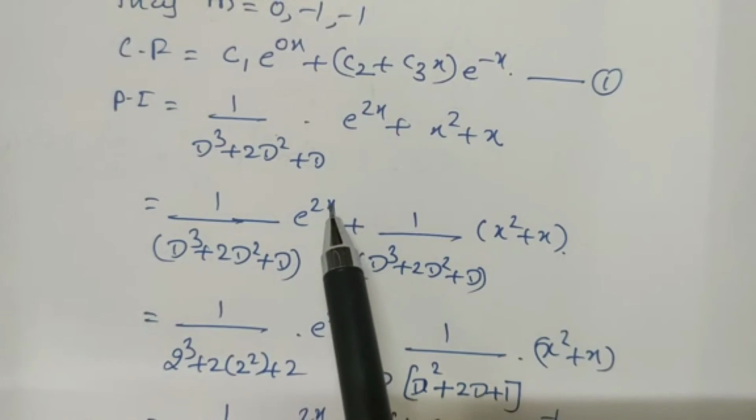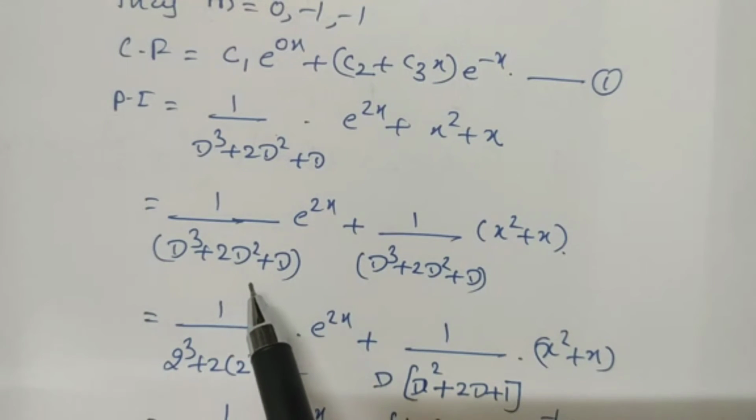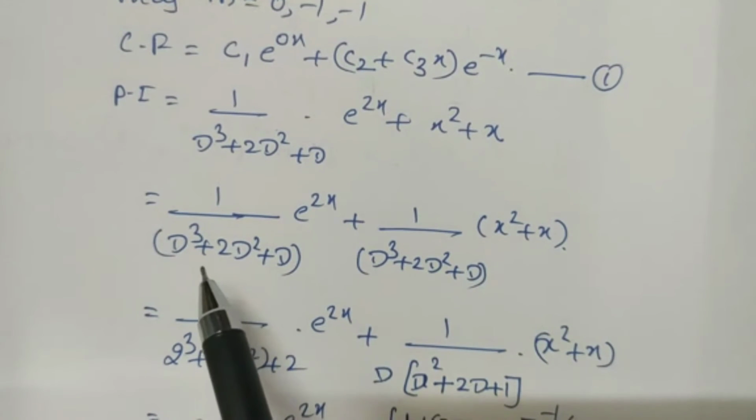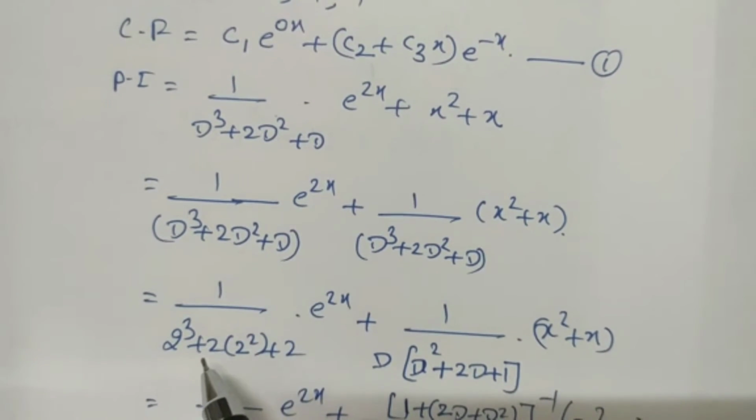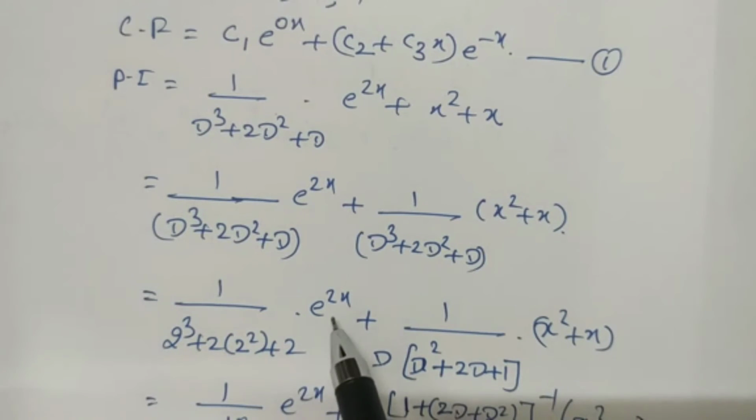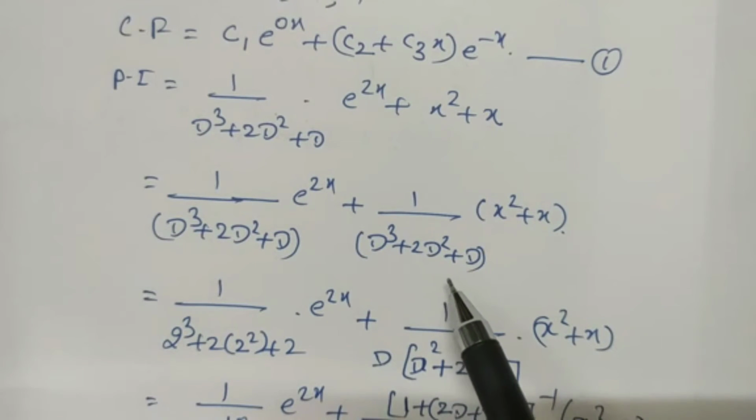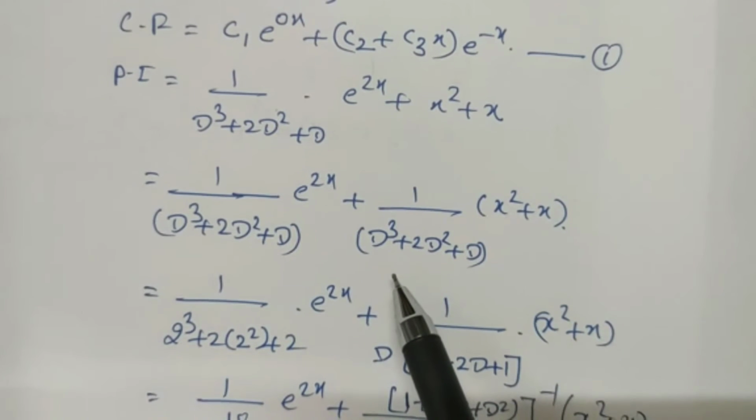Here we can replace d by 2 and check whether the denominator becomes 0 or not. If it is not 0, then it will be the particular integral. That is, replace d by 2, it will be 2 cube plus 2 into 2 square plus 2, e raised to 2x. Plus here,